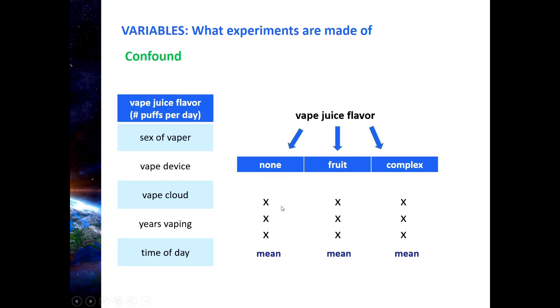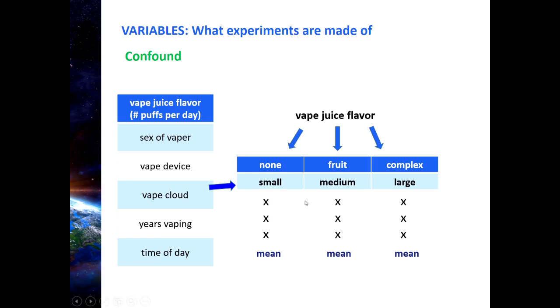And if this is the only way they differed, okay, so they were alike in every which way, shape, or form, except these people were in the none group, these were in the fruit flavored group, and these are in the complex flavored group. If that were the case, then we could relatively safely conclude that the reason why these means are different, the mean number of puffs, is because of vape juice flavor. But what if, for whatever reason, this extraneous variable became systematically different among our 3 groups, such that, for whatever reason,